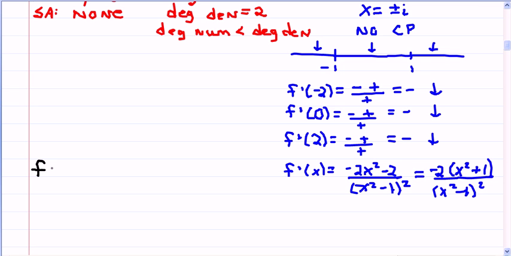So now that I've found everything that has to do with the first derivative, now I find the second derivative so I can find any inflection points and the intervals where this graph is concave up and concave down. So I take the second derivative using the quotient rule,